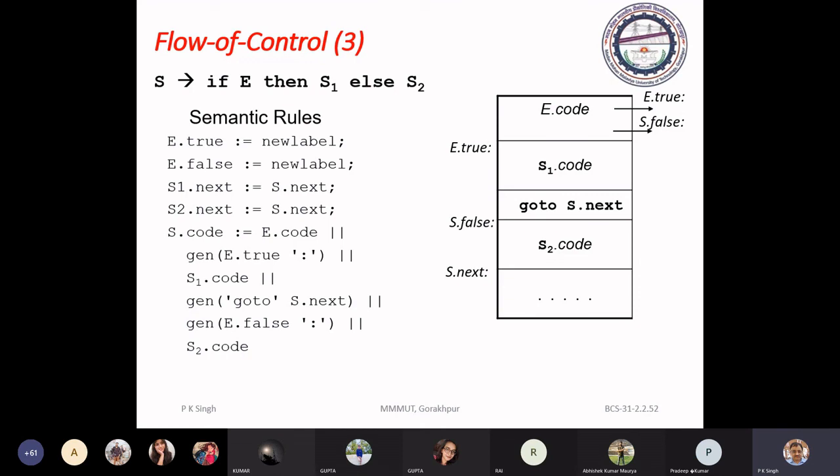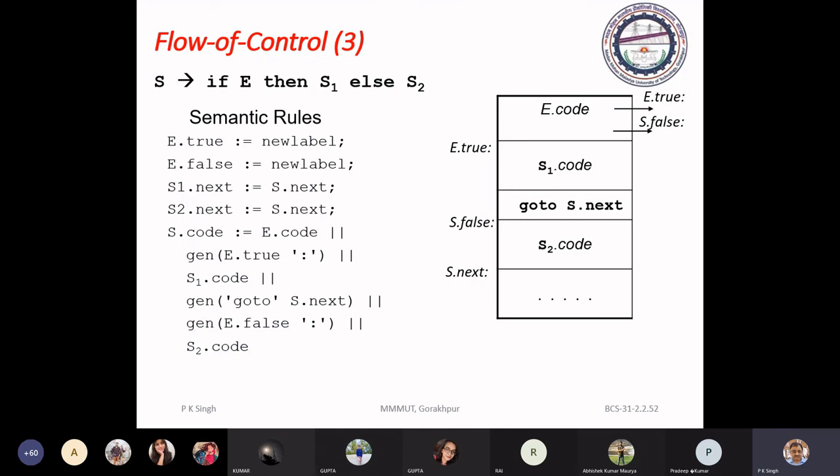Now, on the basis of this control construct, we can select two program segments for execution, and the execution will depend upon the value of the conditional expression, that is, which segment will execute.